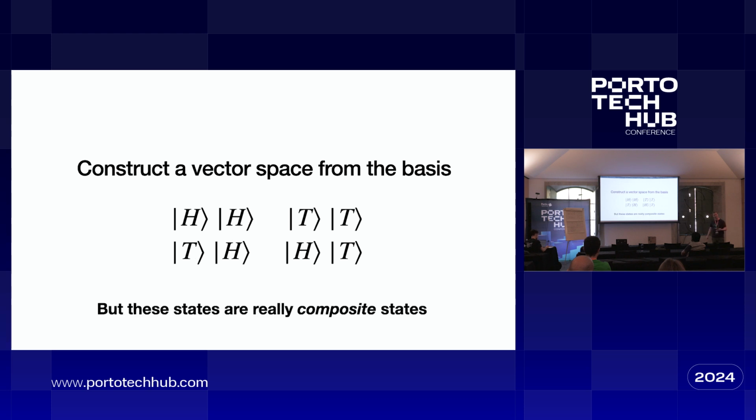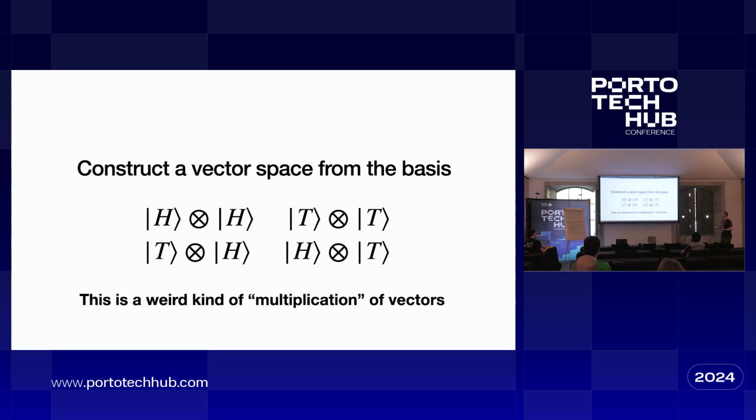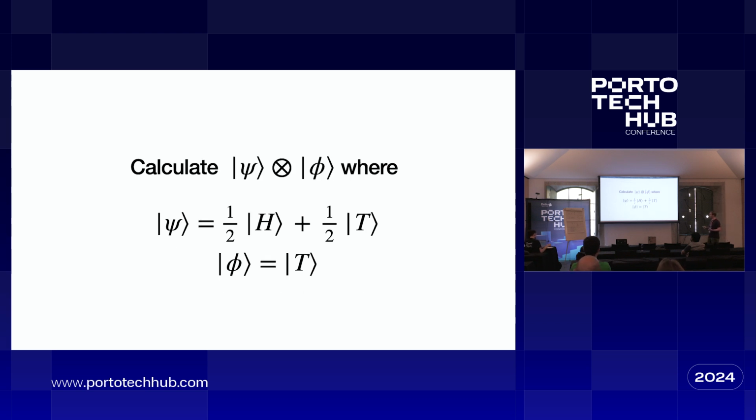But we can also view this as a composite system consisting of 2 coins that just happen to be put side by side. And I'm sorry guys, but we write this with this scary looking multiplication sign. That's called the tensor product, or more strictly correctly, the Kronecker product. It's a weird kind of multiplication. Let's see how it works. It still works algebraically like multiplication.